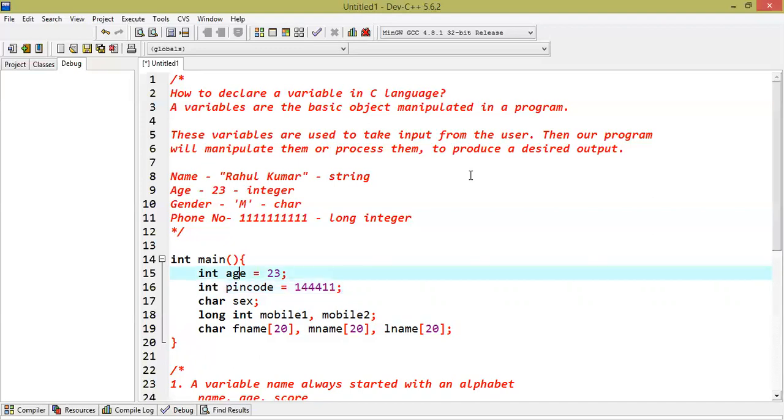You cannot enter something like this: 23 years, 5 months. It will produce a compile time error here, because the type of age is integer, which can store a decimal value, but you are assigning a decimal value with spaces and characters also. So it is not allowed. We cannot do this.